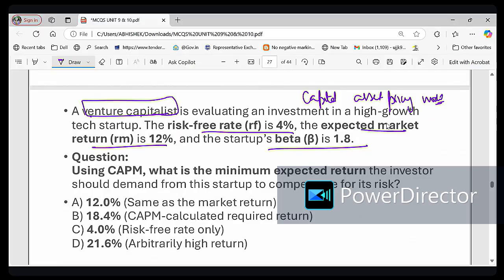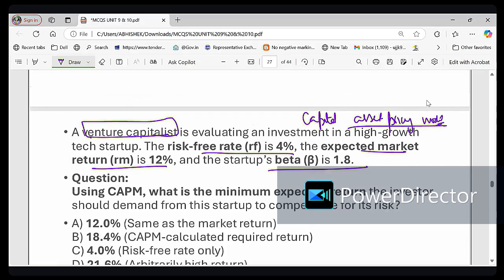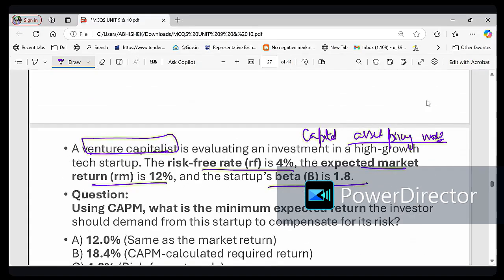So this CAPM tells the answer to how much return I should expect for taking the extra risk. So can you tell me how to go about calculating the extra risk? Basically, there is a formula to calculate the CAPM. The formula is very simple. It says required return,